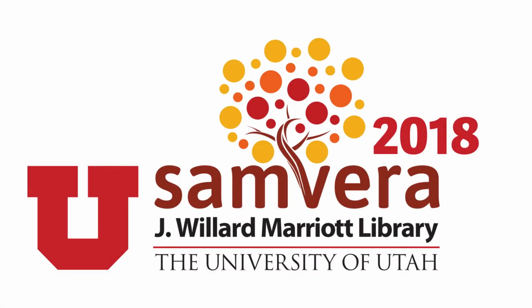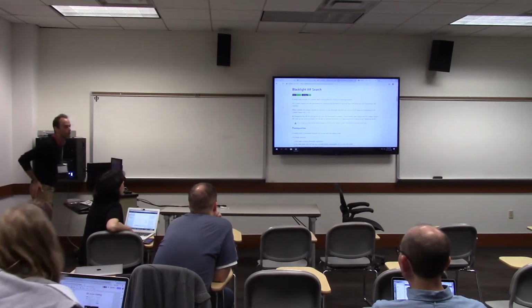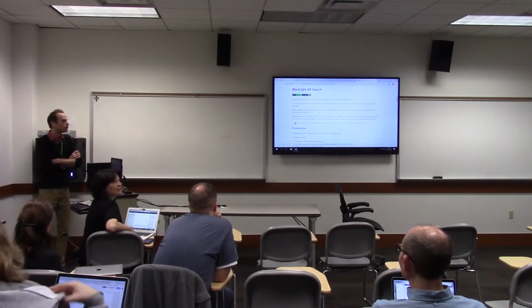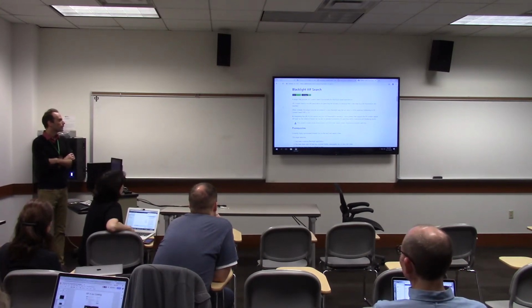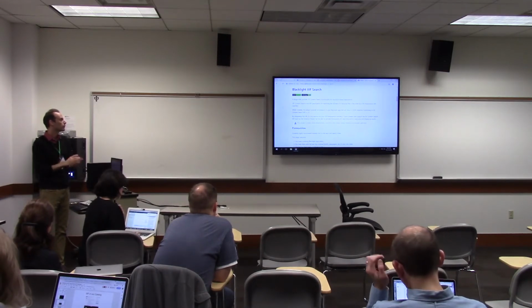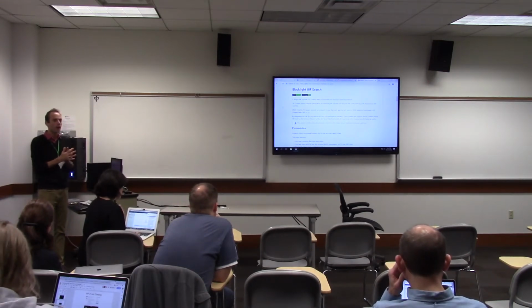Okay, so I wanted to talk to you about Blacklight IIIF search. This is a gem that I wrote this summer. It basically is just a plugin for Blacklight that provides a IIIF content search API endpoint